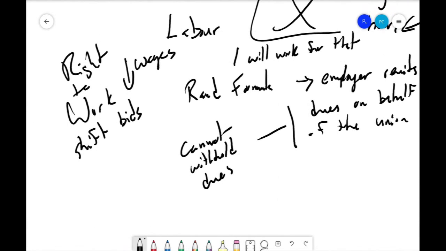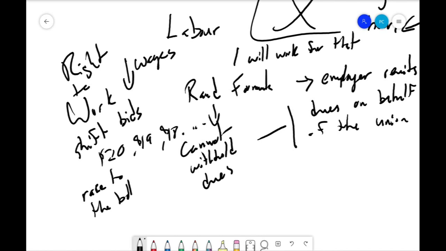But a shift bid basically says, hey, I need somebody to work tomorrow for 8 hours. And someone says, well, I'll do it for $20 an hour. And the next person says, well, I'll do it for $19 an hour, $18 an hour. So all you're doing is continuing down that path and lowering your wages. That ends up being a race to the bottom, right? Because all you're going to do is bottom out your wages as people compete for work.